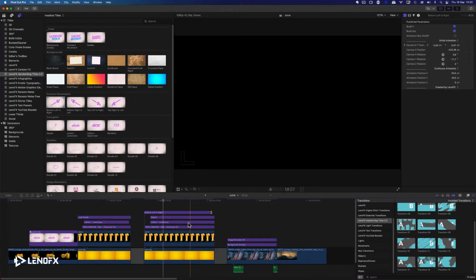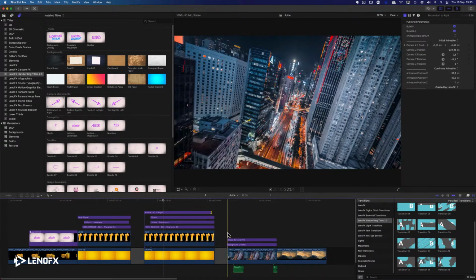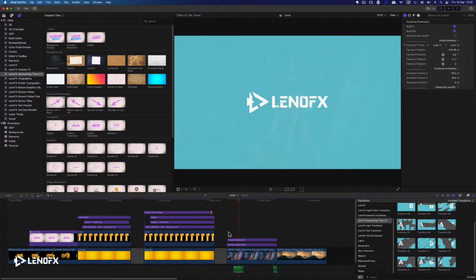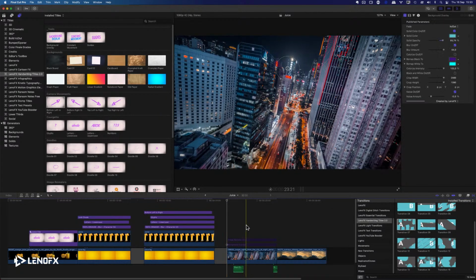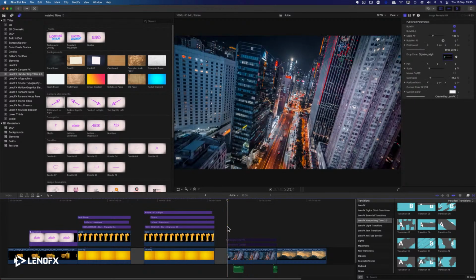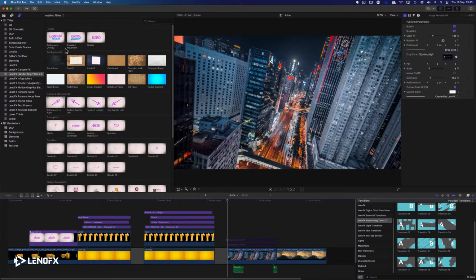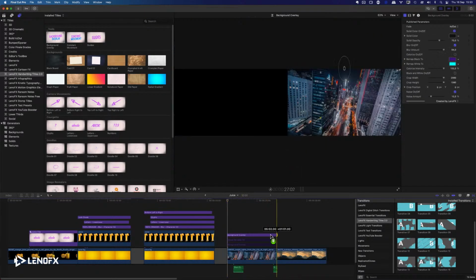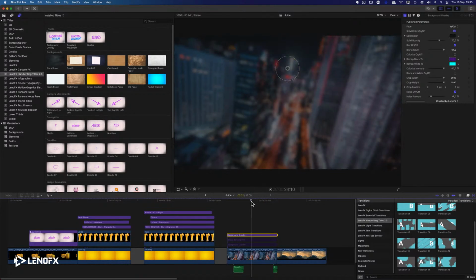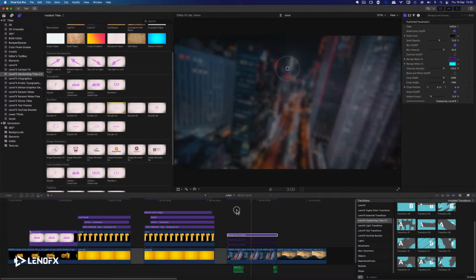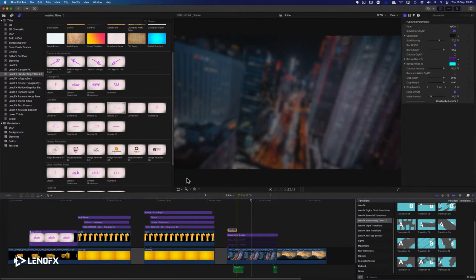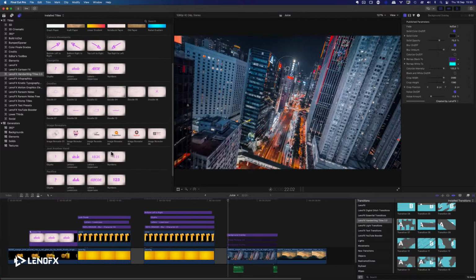So let me show how you can create this effect. First of all, I have only this video, and then I want to use the background overlay like this, and then let's add the logo revealer number 4. No, this is the doodle,